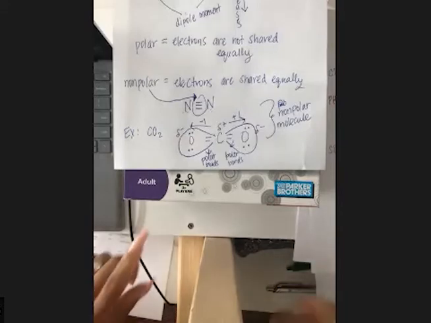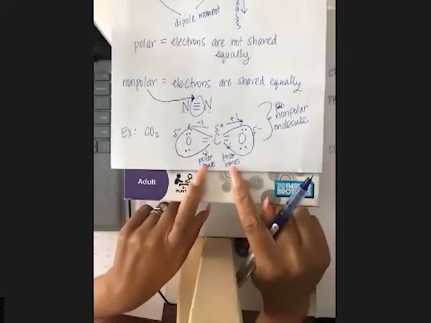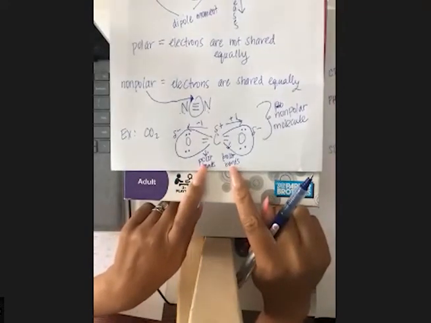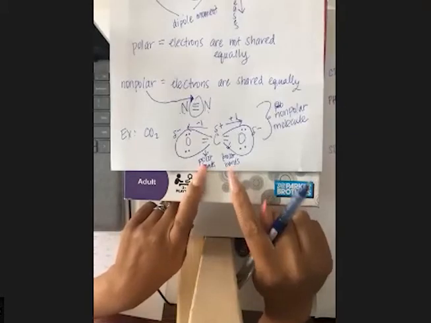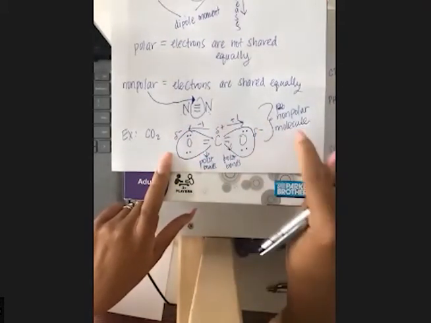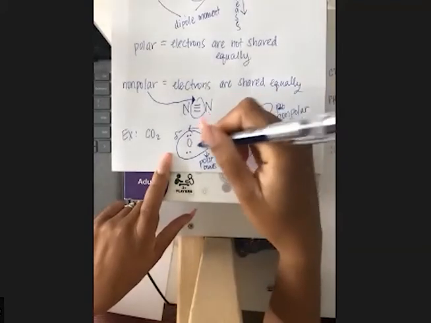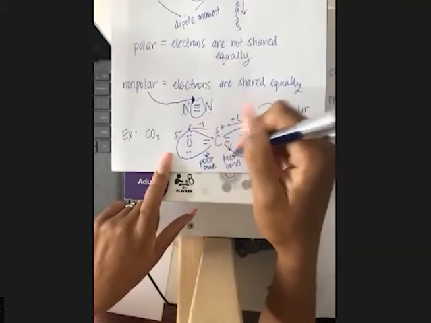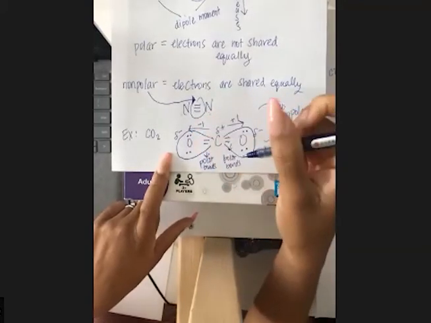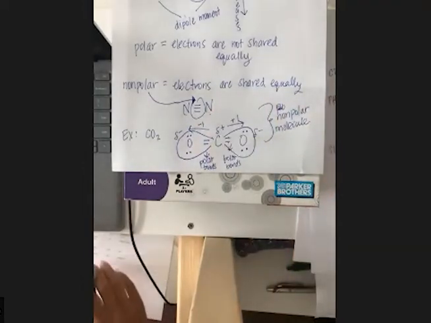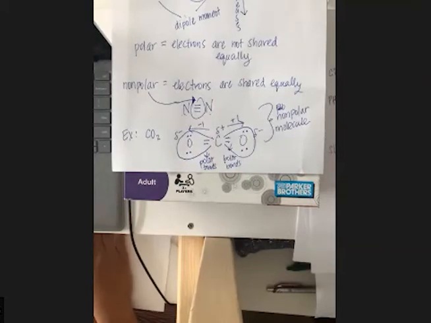So although carbon dioxide has polar bonds, meaning that the electrons in the bond are not shared equally, the overall molecule ends up being nonpolar, meaning that the electrons in the entire molecule are being shared equally amongst the different atoms in the molecule. And this is a tough concept that it's hard for some of us to understand, but what ends up happening